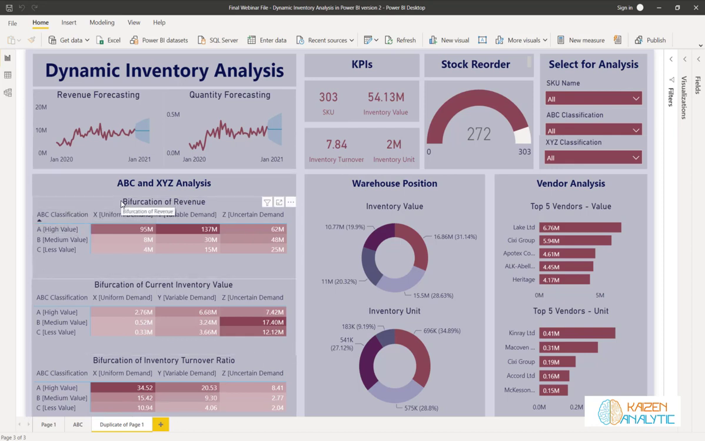And what is it? ABC and XYZ analysis, we'll discuss this, we'll touch on this concept a little more once we go over there. So these are the main KPIs: SKU number, the value, inventory turnover, inventory value, and the stock reorder, how many quantities need to be reordered. This is the inventory warehouse position as far as value and inventory units are concerned. And there is vendor analysis, so top vendor as far as value is concerned and as far as units are concerned. So these are the two things, and you can just